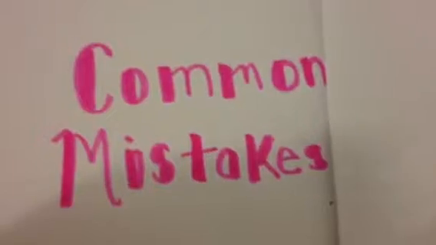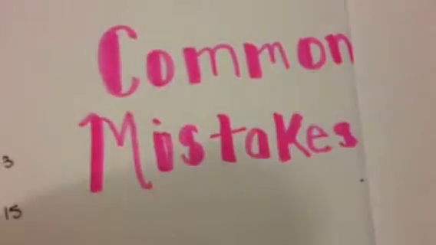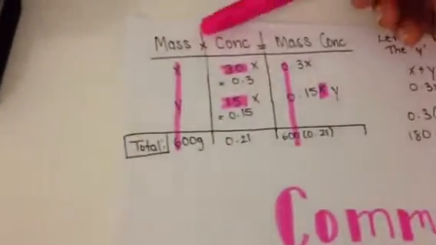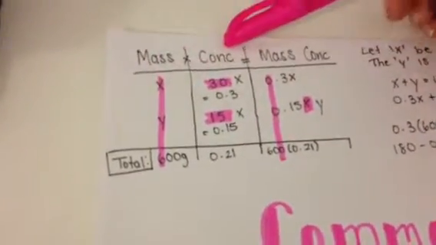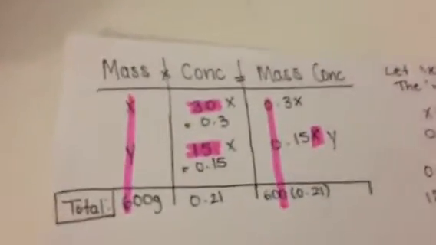So this video is going to be about the common mistakes I make while doing solution or concentration word problems. To start off, we would make a chart, which I usually do, which is mass times concentration equals the mass concentration. So the word problem reads,